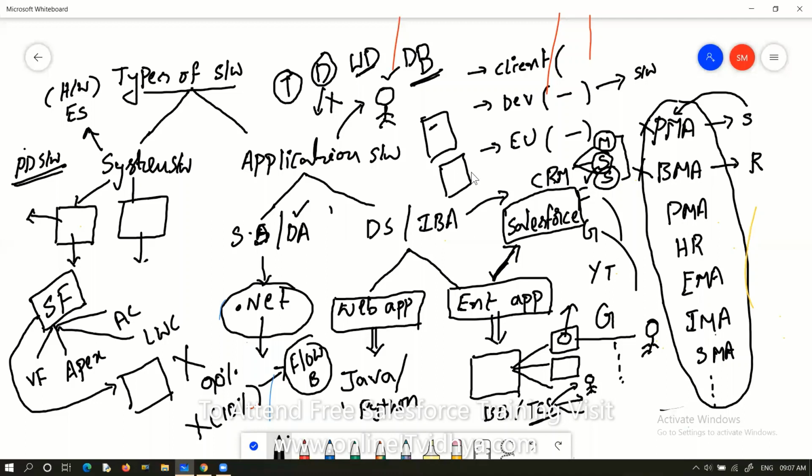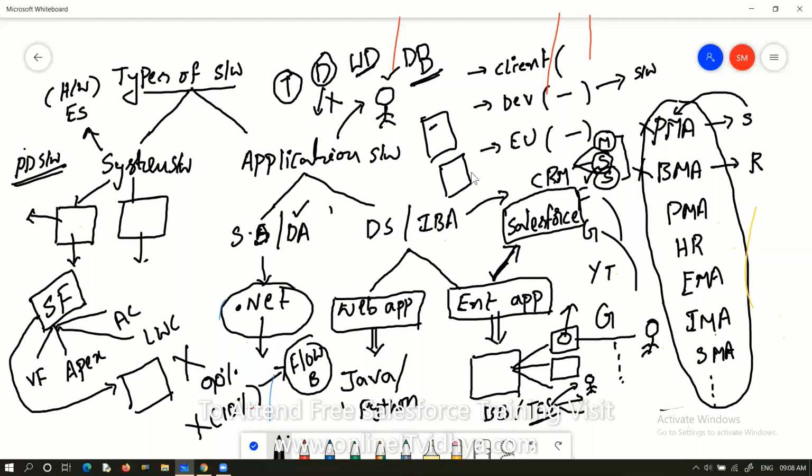Why? Because the future is completely cloud computing, all cloud technologies. So whoever knows Salesforce can definitely survive for a long time. Once you learn Salesforce, for the next 15 to 20 years you can work comfortably without any tension to update to new technology.